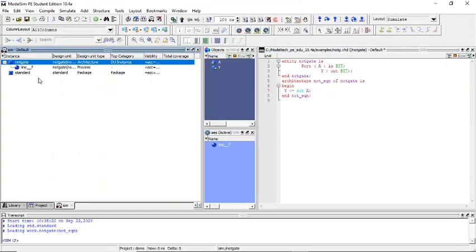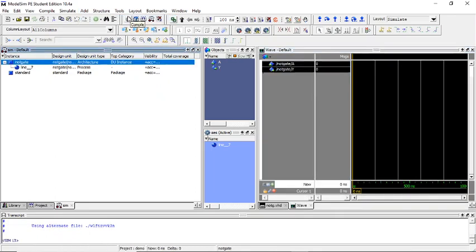If the waveform is not added, then you have to click on the NOT gate, then go to add option. In that, select to wave and add the wave to all items in the region. When I add the wave to all items in the region, a new simulation window called wave is generated. So here we can see the simulation of NOT gate.